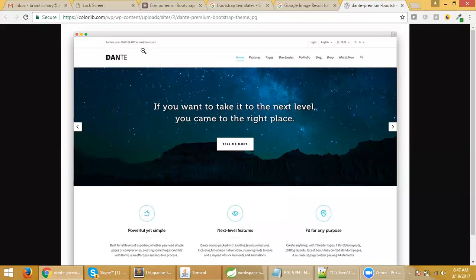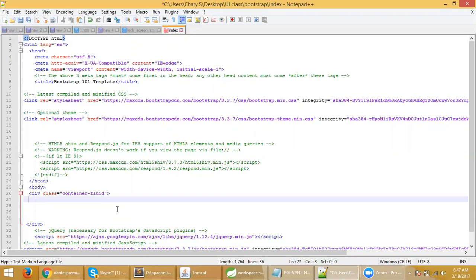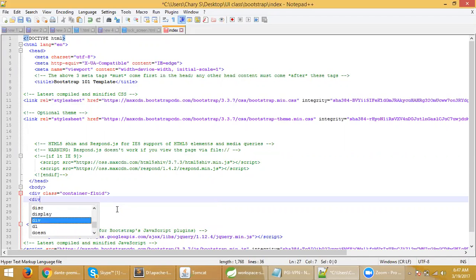If you see this, almost 80% of this strip is occupied. On the right side, we have some menu items, right? For that, we have col-md. Yesterday we discussed, right? The browser will be divided into 12 columns. For that, we just need to have